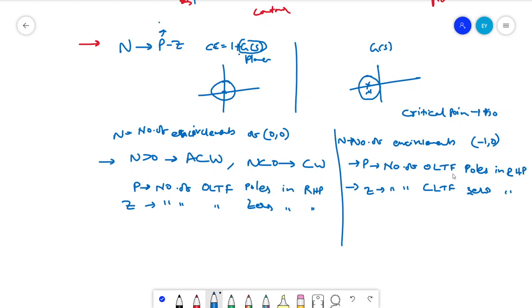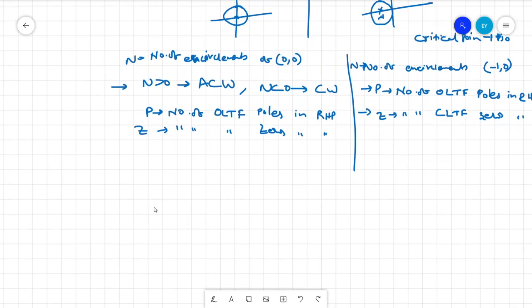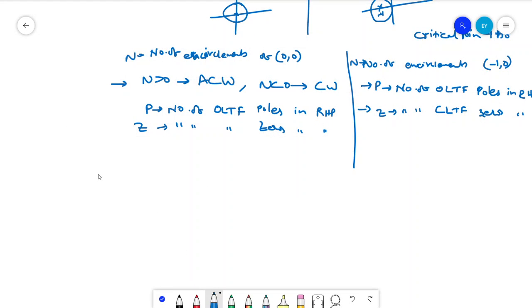So for closed loop stability, Z is equal to 0. If there are no zeros, let us consider the cases here. For closed loop stability, Z is equal to 0. That means there are no zeros in the closed loop expression, that is T(s). So in case 1,